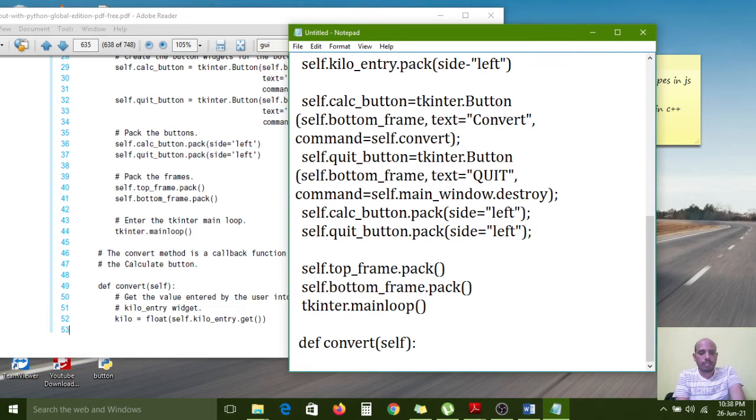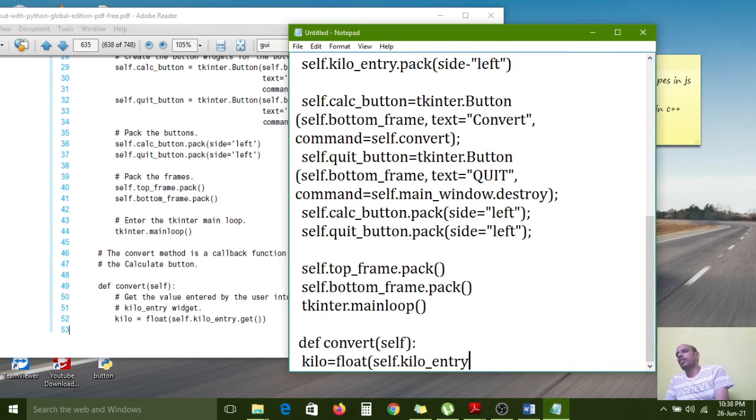Now kilo is the variable equal to float of self.kilo_entry.get(). Why is it converting?